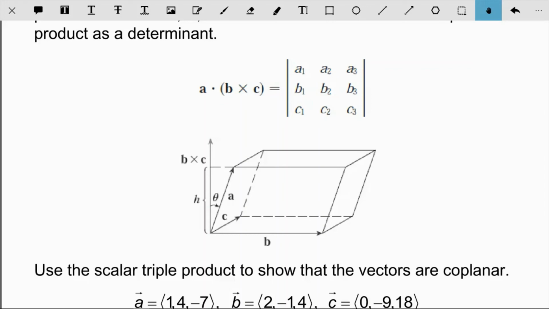So if I find that 3-dimensional shape and find the volume of it, again, it's called a parallelepiped. I can do that with a triple product. I can find the volume of it that way. And this is another one where you can kind of see where the calculation comes from when you look at